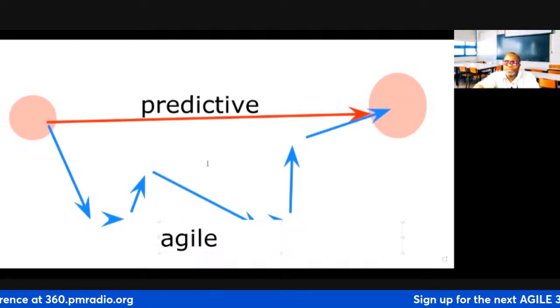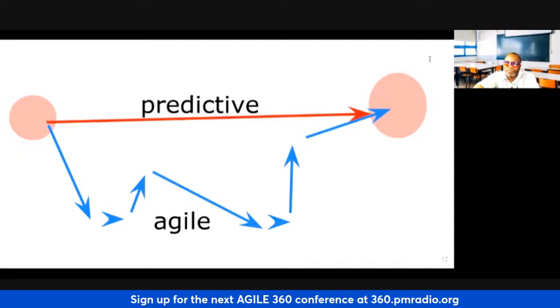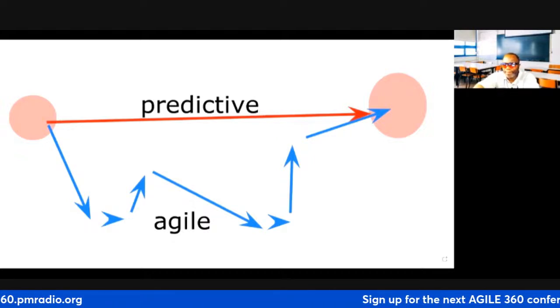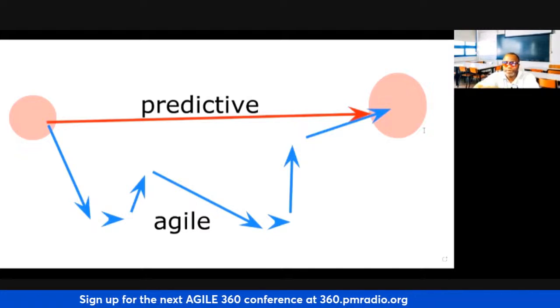Now, it's not easy to pull Agile off. To pull Agile off, you need a number of things. And by the way, when I'm going through this with you, I will be sharing different images once in a while. Like the images I create in the whiteboard, I will just send them to you in the chat and you can just create a folder for them. But going back to where we were,